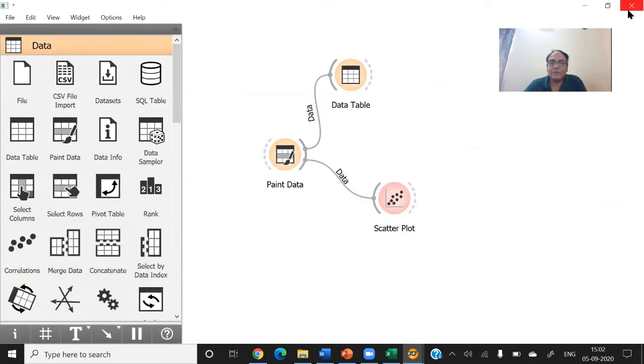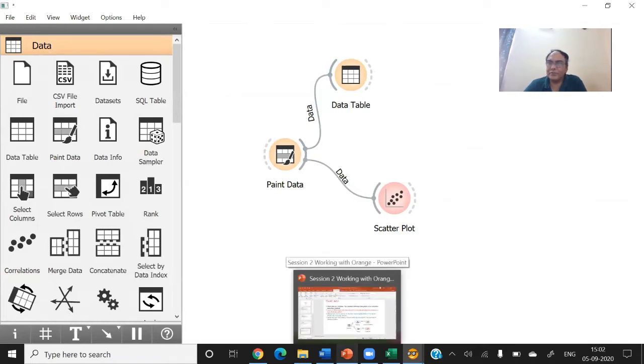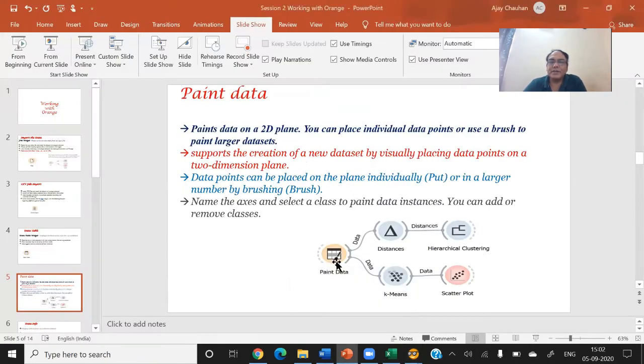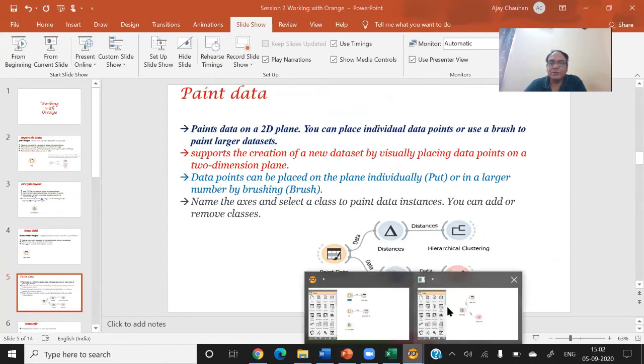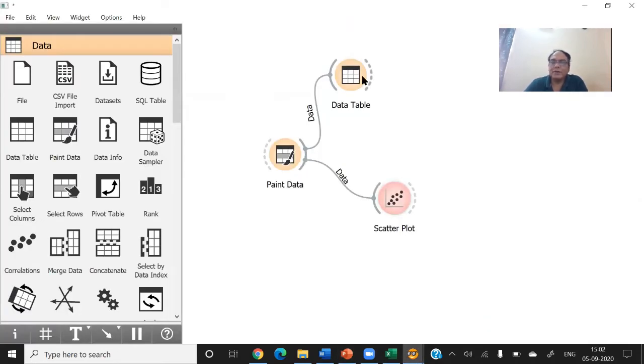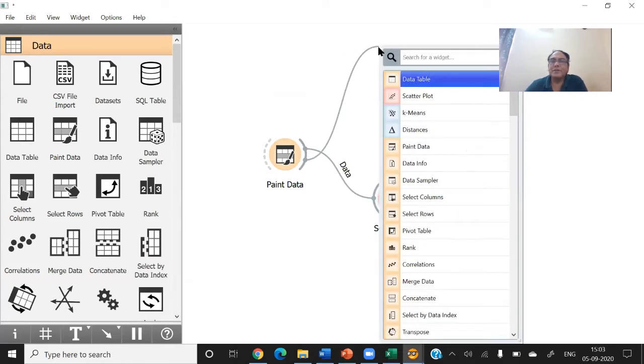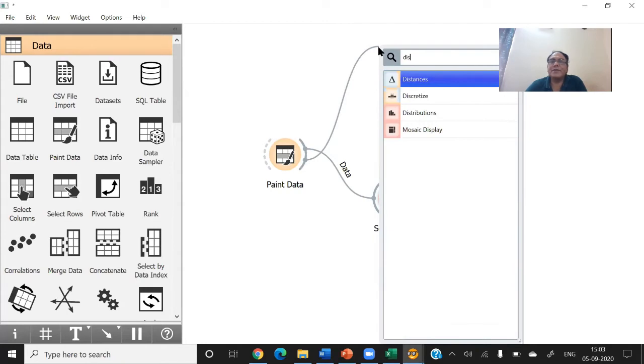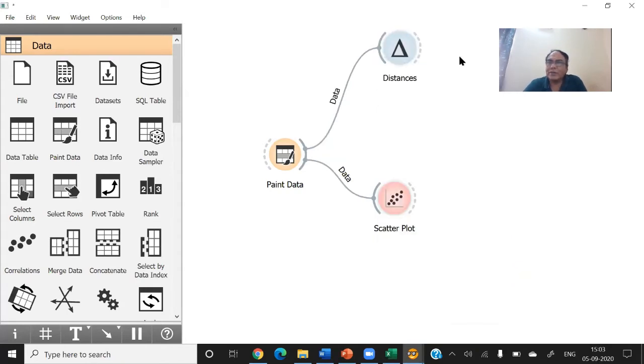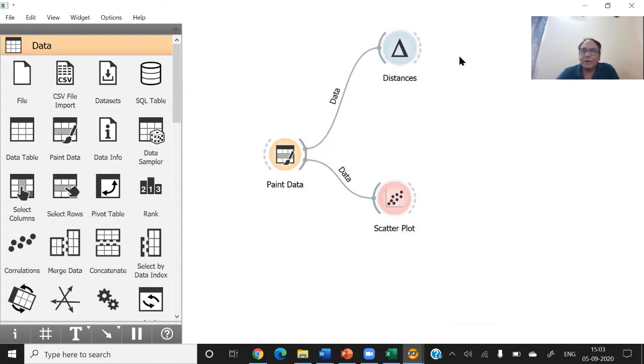Now I want to show you the exercise that we are willing to do. The exercise is Paint Data, Distance, Hierarchical Clustering, because I have to remember the flow. Let's see the effect. I'm removing this. Here I want to have the distances, so just type distance. Distance will find out the difference between the observations.